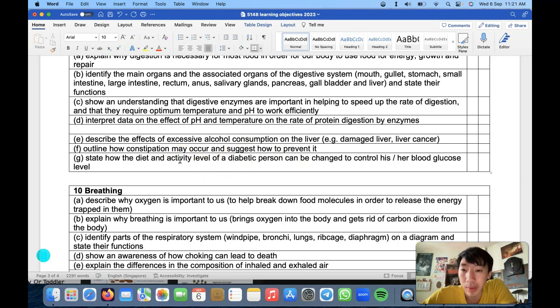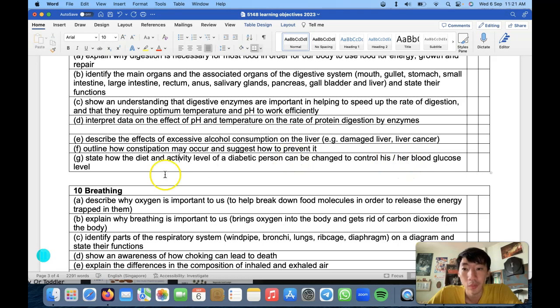Diabetes. So what is diabetes? Diabetes is a high level of blood sugar in your body. That means you've been eating so much sweet food and sweet drinks that your body becomes unable to use the insulin properly. There's something wrong with the insulin in your body. Insulin is a hormone produced by your pancreas. It helps your body control your blood sugar, or blood glucose, level.